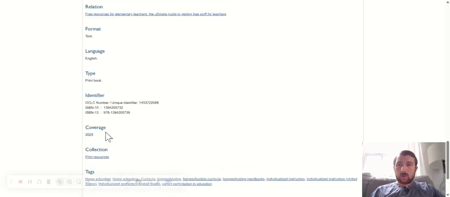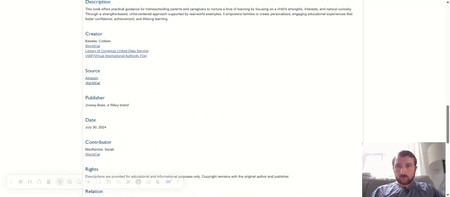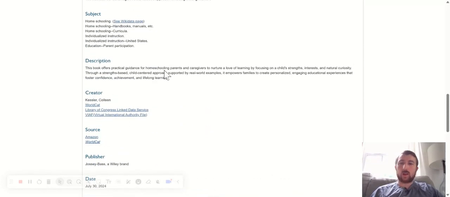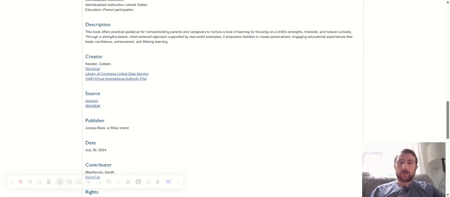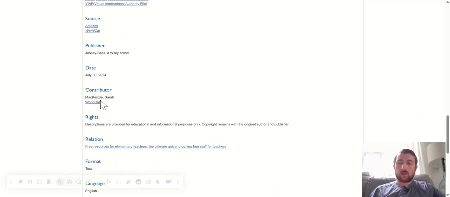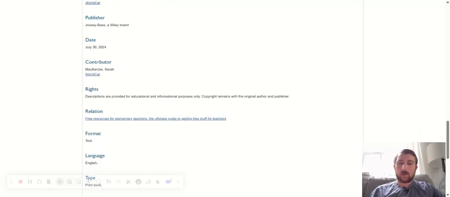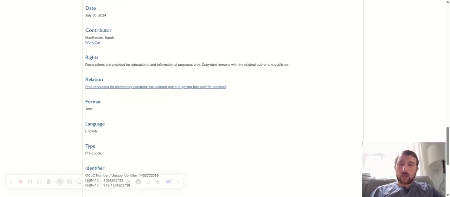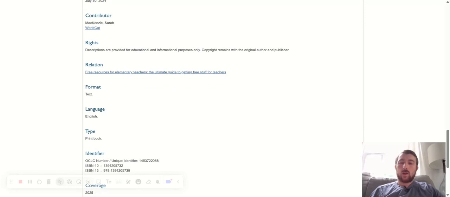The description gives you a quick understanding of whether it's a relevant resource or not, just a quick synopsis of what it is. And you've got all the other information that's kind of obvious, like the creator and the contributor, and so on. You can see that I've also linked out to WorldCat, the Library of Congress linked data service, and Virtual International Authority File entries. This helps establish authority and allows users to find other works by the author or confirm details